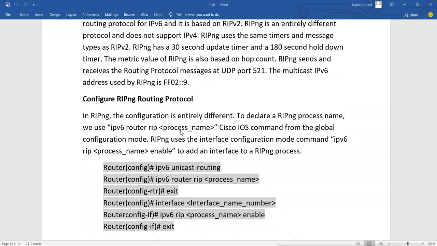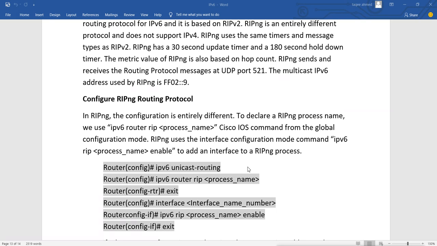When we enable the routing, we have to do it by mentioning the name for the process, using the Cisco IOS command from global configuration mode. After that, RIPng uses the interface configuration mode command, which is ipv6 rip process-name enable, to add an interface to a RIPng process.